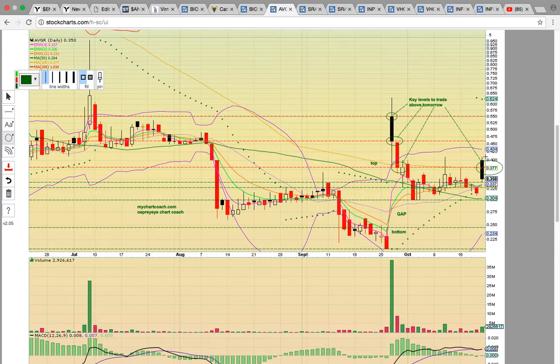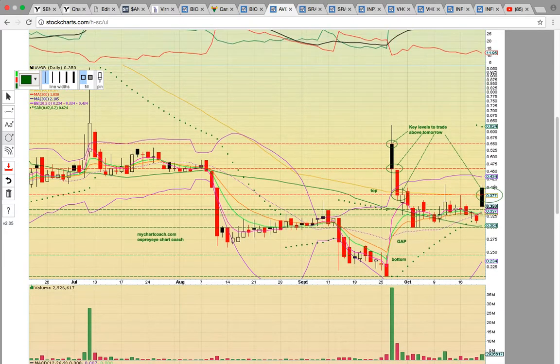A little run at the start of the day, but the bears were in control and they drove the price all the way down near low of day. Notice there's a gap between high of day on Thursday and low of day on Friday. A drop down to around 33 cents would fill the gap. And so this might fill the gap first, and you could get a bounce off the middle Bollinger Band